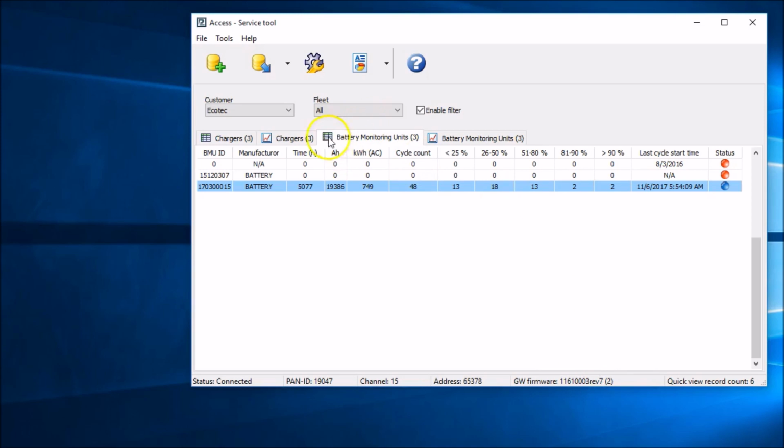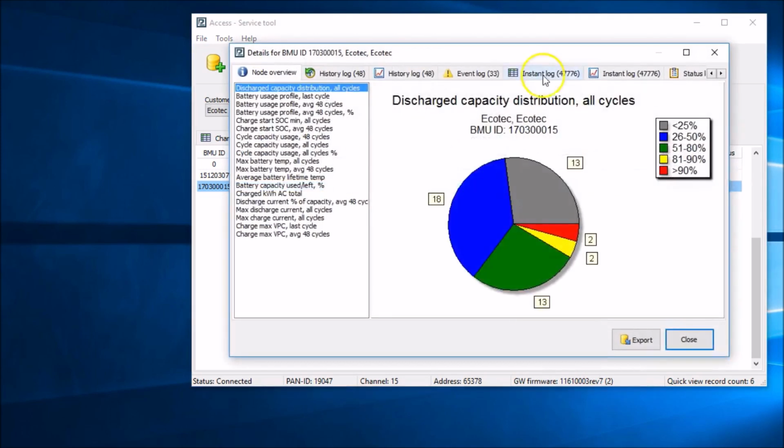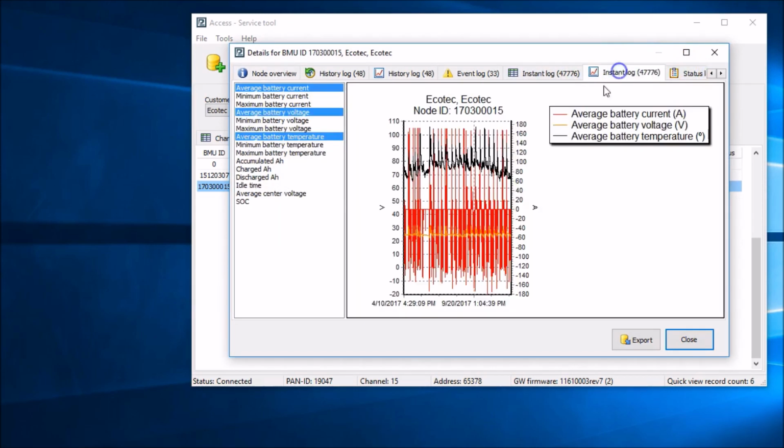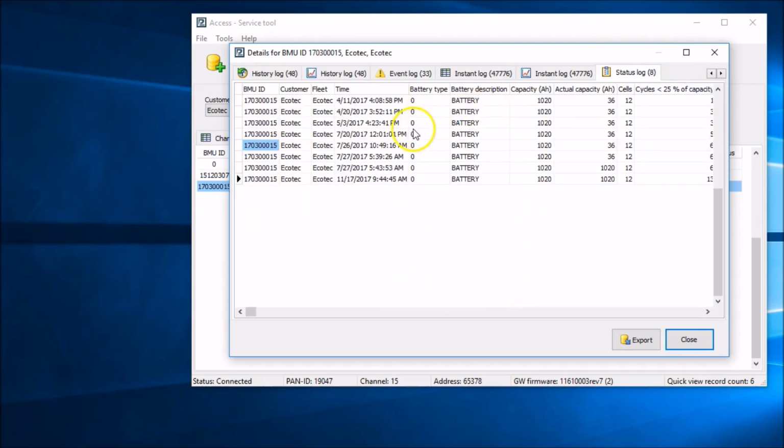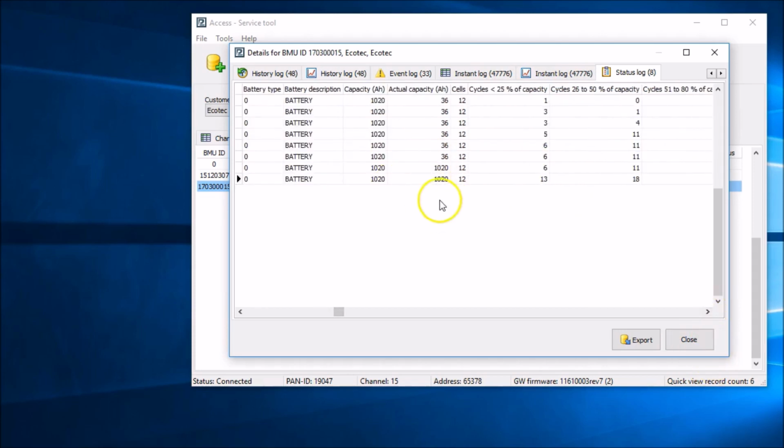So if we close that, I didn't mean to open this back up, and we'll go to the other item that we can look at. We can look at the instant log data in a graph mode as well, and we also have the status log, which every time the BMU is downloaded creates an entry there. You can see we log all the normal information, date and time, all that stuff. Battery description, capacity, actual capacity, that's based on the new state of health indicator. We have the cells,